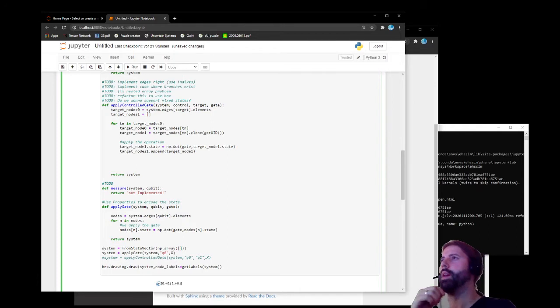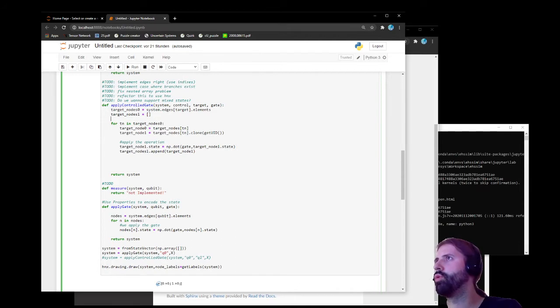I don't know if I need that, because to be honest, I'm just cloning that, so everything stays there. That's all good. But what I need to do now is take a look at what I do in the control. And this is where it gets complicated, because now I have to say, okay, do I have one node or multiple nodes? If I have one node, it's easy, right? I need to just check, is it 0? Is it 1? Effectively, I think I have to run these for every node, right? Yeah, of course I have to do this for every node